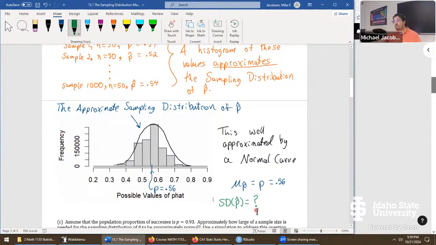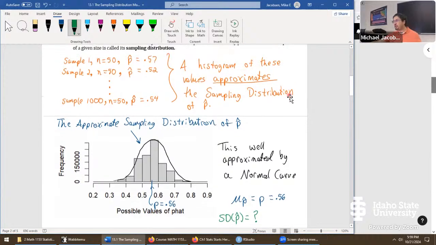The moment we find out what the standard deviation is of p-hat, so how wide this ought to be, we're going to get really close to actually getting a full-on confidence interval and being able to do inferential statistics. But again, we're inching our way towards it. So the major abstract thing is the sampling distribution. As long as all of your samples have the same sample size, this collects into one spot all the plausible values for your statistic.